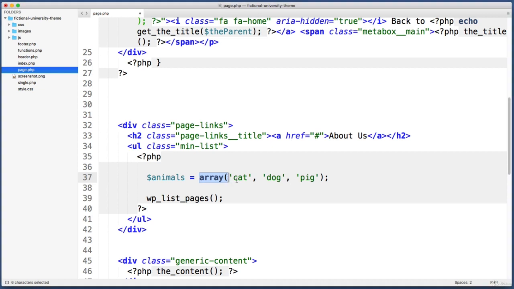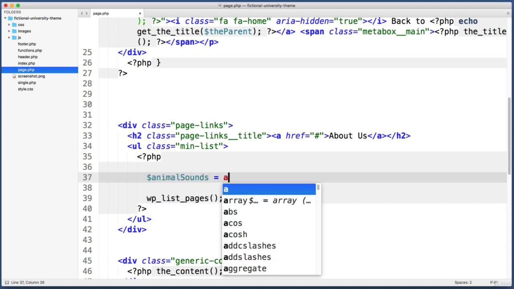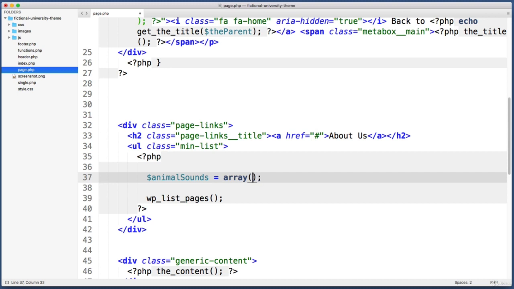However, what if I wanted to associate a value with each animal? So for example, what if I wanted to list the sound that each animal makes? So for cat, it would be meow, for dog, it would be bark, and for pig, it would be oink. Well, in order to do that, I would need to create an associative array. So check this out. Let me delete this line, and let's imagine I want to create a variable named animal sounds. And I set it to equal an array, and then within the array, the first item is cat, and then right after cat, I say equal symbol greater than meow, and then include a comma and do the same